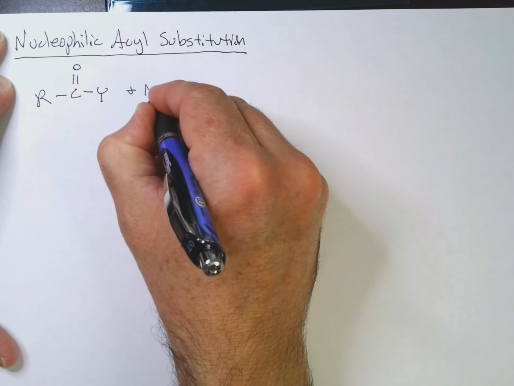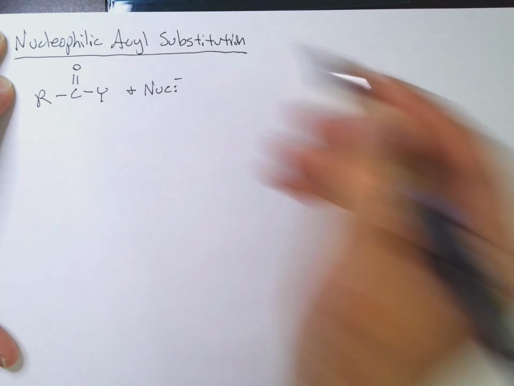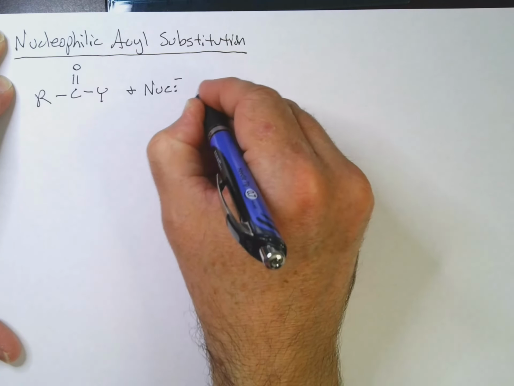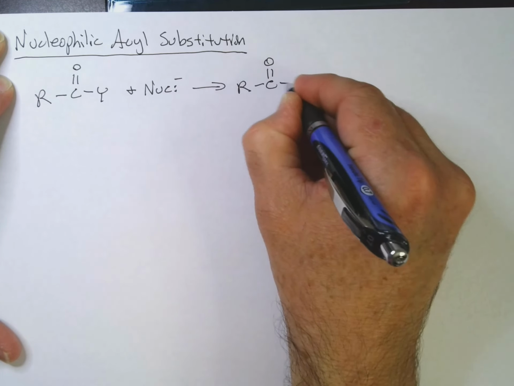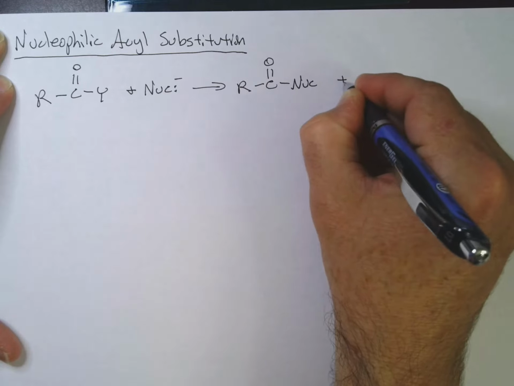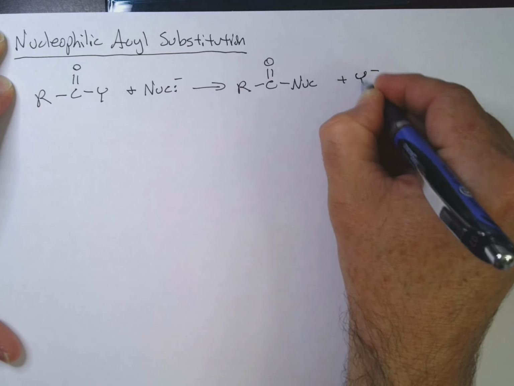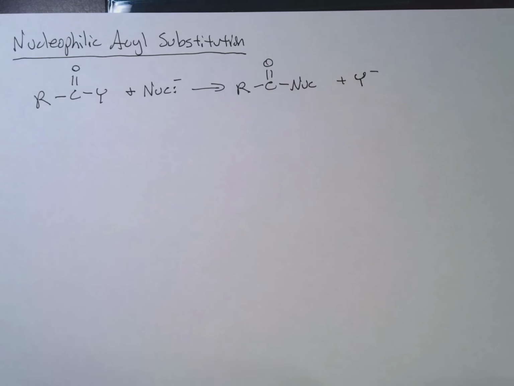And then we'll react that with a nucleophile, we'll call it nuc minus, and we will get RC double bond O nuc plus Y minus. And we did go over the mechanism briefly back in Chapter 20, lecture 2, I think. Let me find it here,